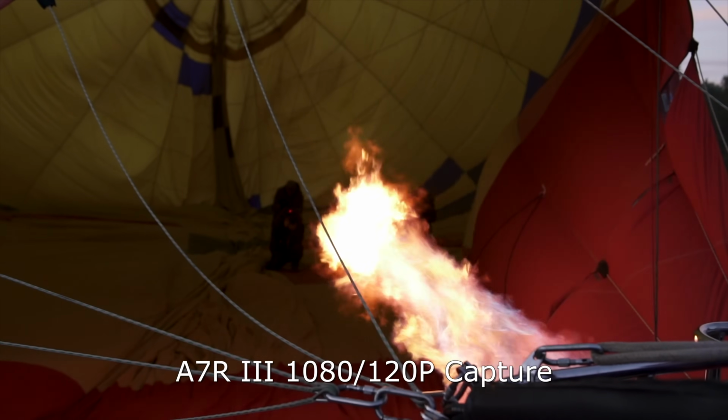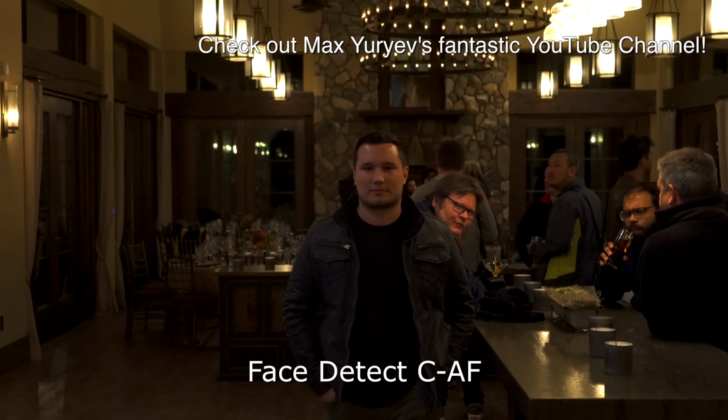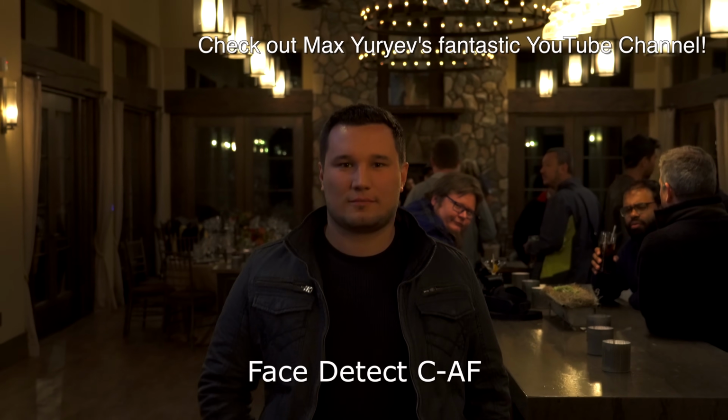I think this comes down to the new processor on it, but when you've got the option of full frame, super slow-mo, all in a package that shoots amazing stills, that makes it a very flexible package. The other thing the A7R III inherits from the A9 is its autofocus system, and it's quite capable. You can see here, especially using face detect, it does a really nice job tracking a subject, be great for